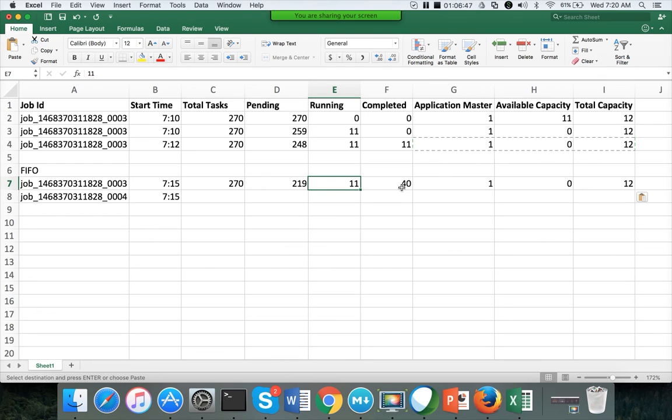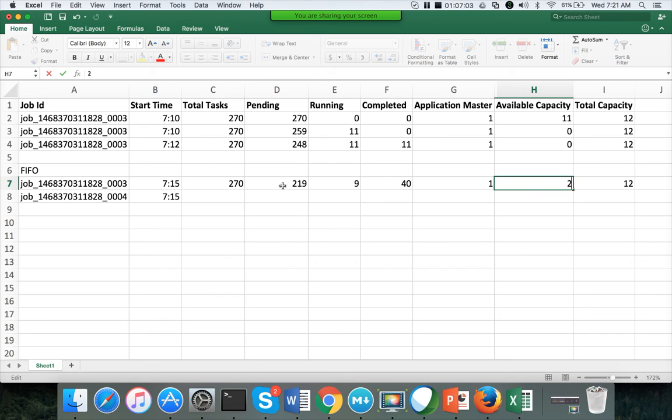So let's say 40 are completed, only 9 are running. So 49, so 221 are pending. So available capacity will be 2.